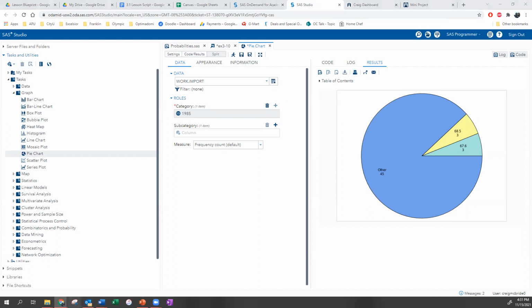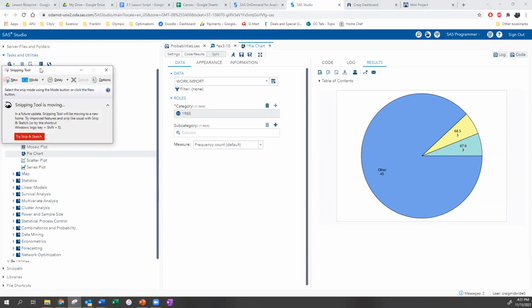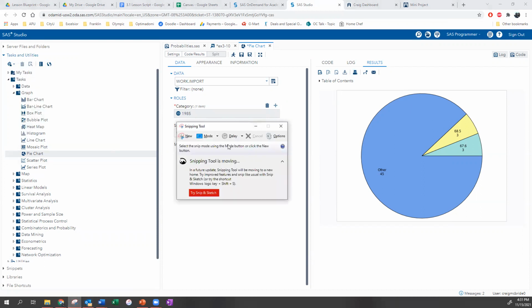If you don't know what the snipping tool is, Windows machines all have a snipping tool, and on Apple, I think it's like the command key and something, and it brings up a tool for snipping. Yeah, on the Apple, Dr. McBride, it's going to be command, shift, and 4.